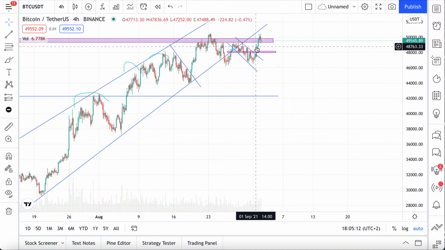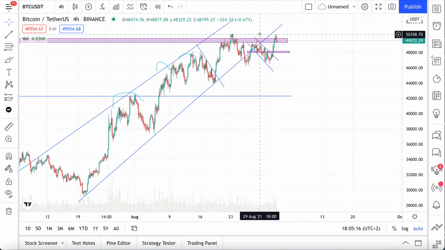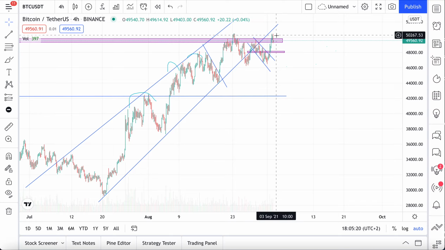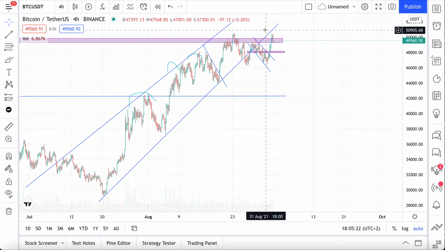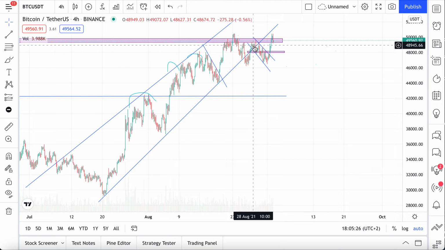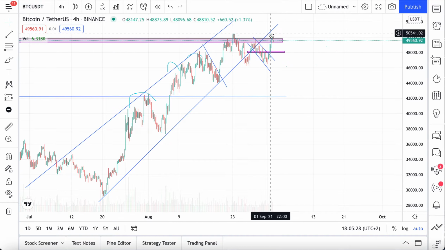And this could be a very hard job. It could be done, we don't know. But if we enter this channel again, I can actually say, okay, we might probably, well, it depends. We also got back to it here, it was a fake out, but we don't know. We have to get back, retest, and see what's going to happen. That's why I'm not in a trade at the moment. I think it doesn't make any sense to be in a trade.